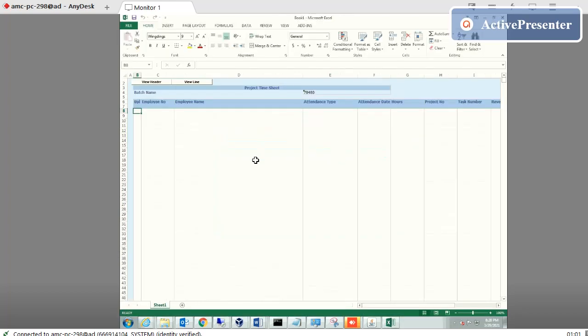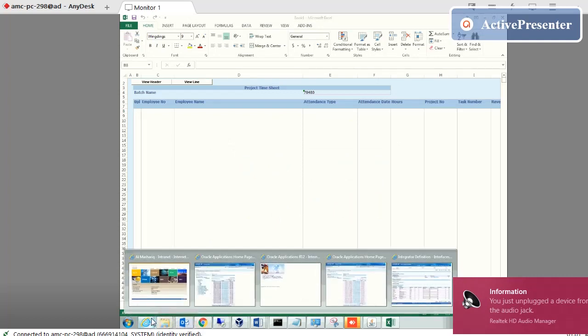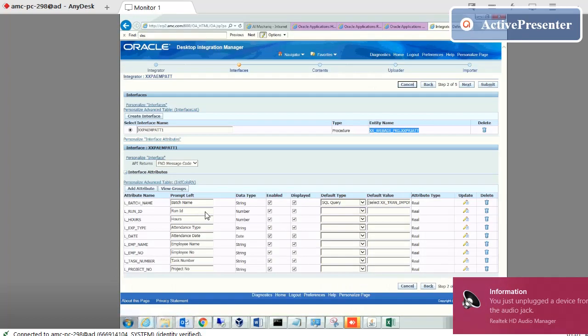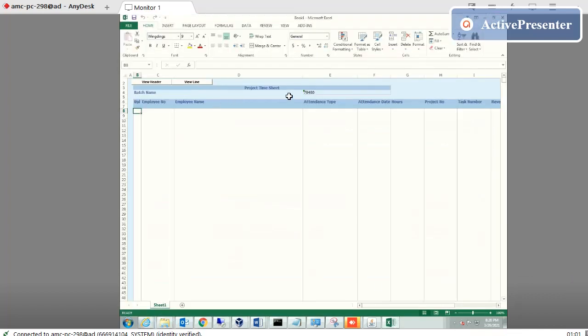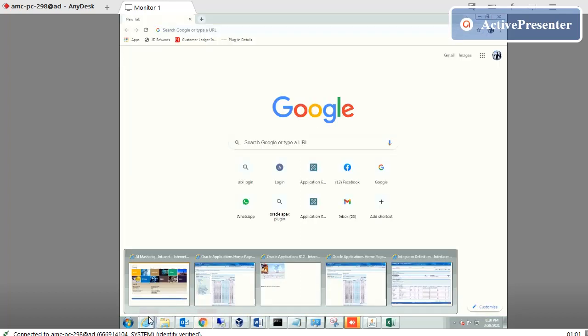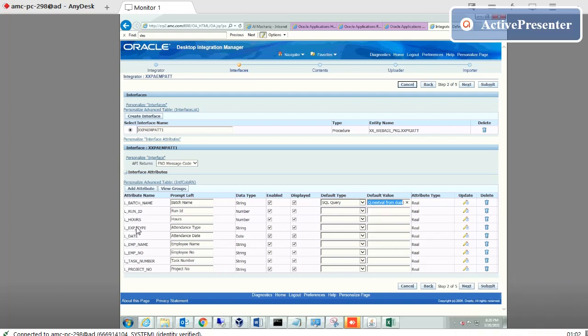If you see here, first is a batch name. The batch name comes automatically. Here is the batch name, and this is a field. In the batch name, you will find the sequence number. Next, this query I have added.